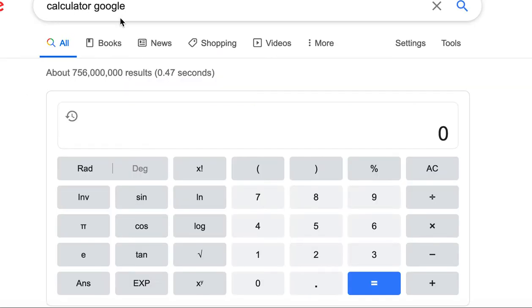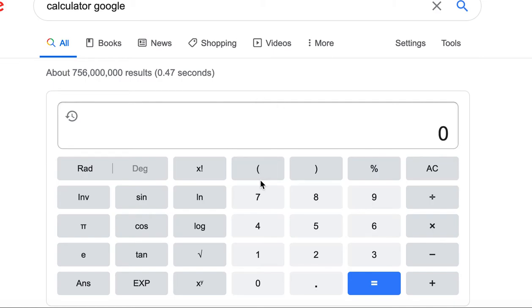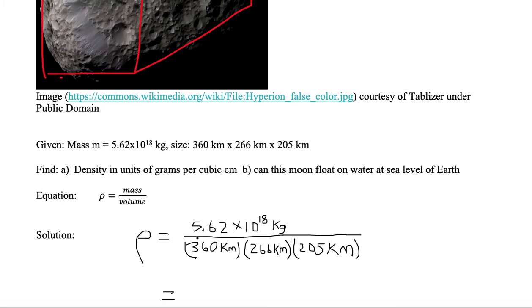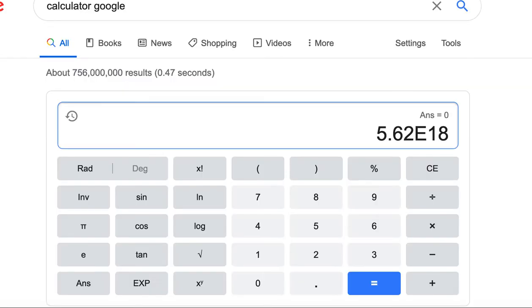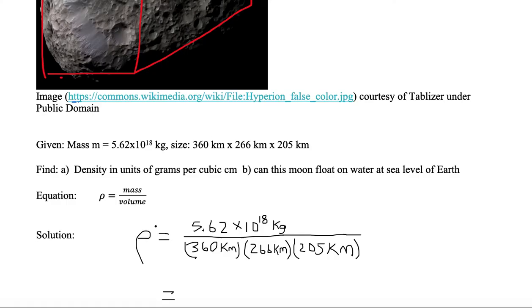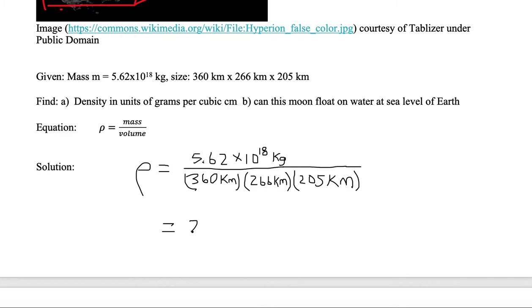So we type Google Calculator in Google and we get our value, and we plug in 5.62 EE18. Let's confirm. 5.62 EE18 divided by 360, divided by 266, and divided by 205. We get a value of 2.86. So let's carry that down. 2.86